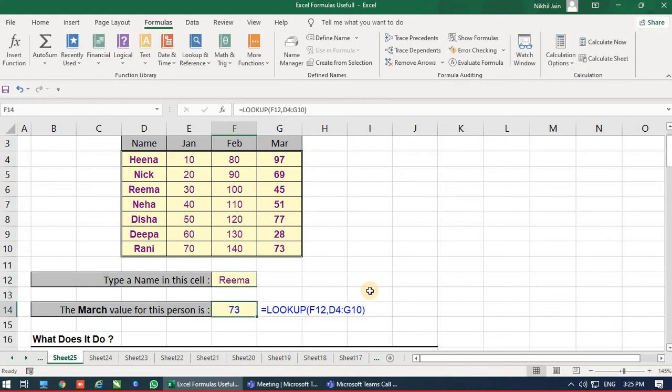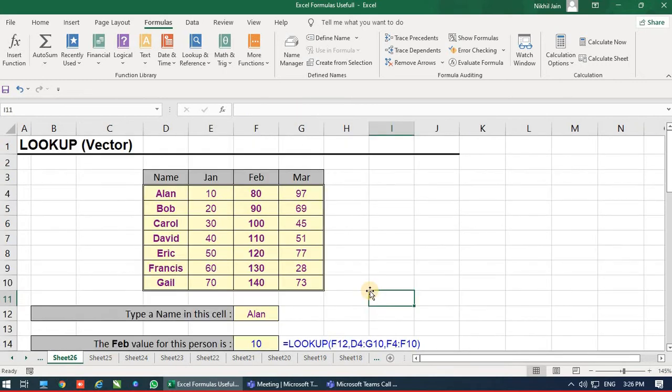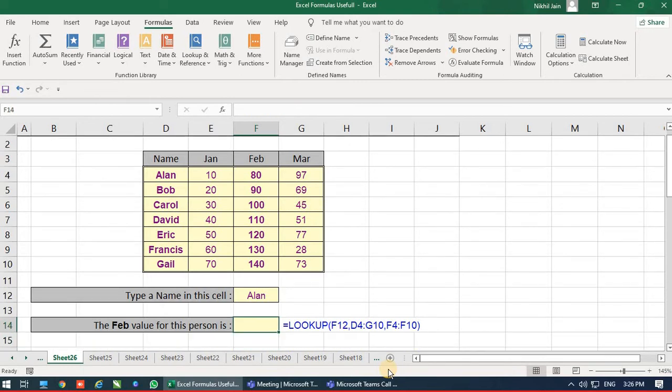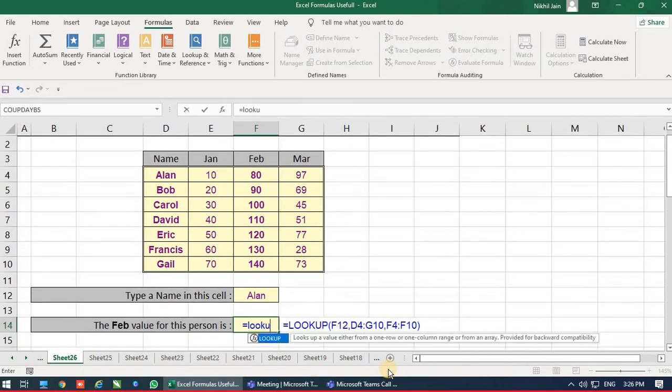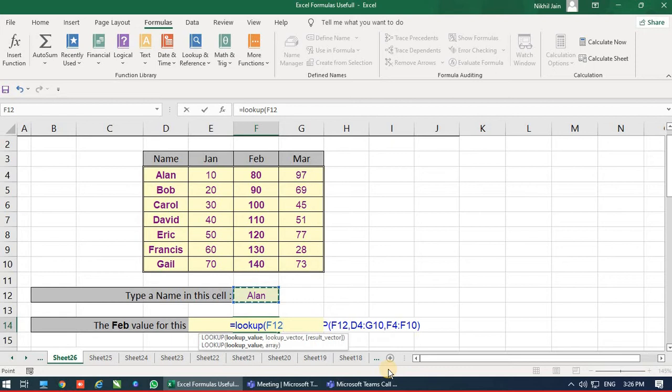Next we'll move to the next formula, lookup vector. With lookup vector, I don't want the last column but somewhere in between, like the Feb month. So we have this feature: lookup vector is equal to LOOKUP bracket open. First select the cell you want to search. I want the value for Alan, again comma.